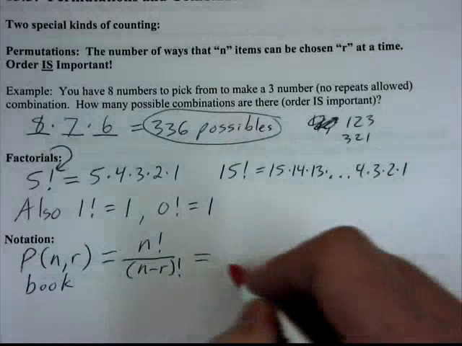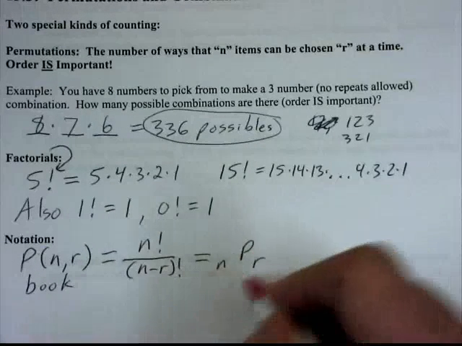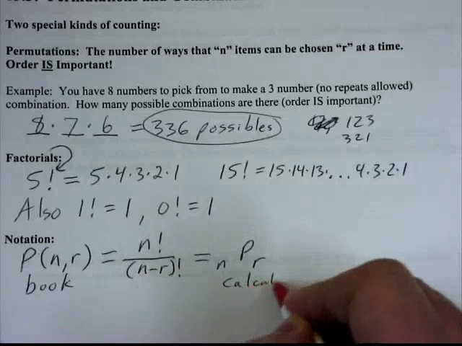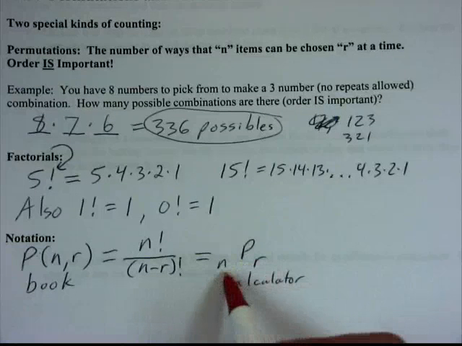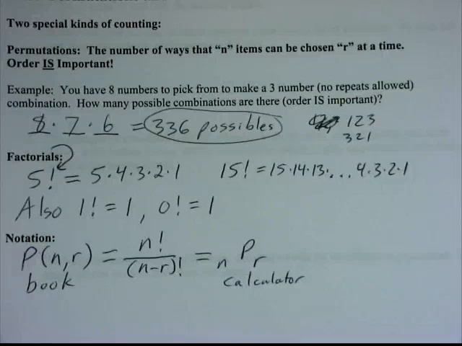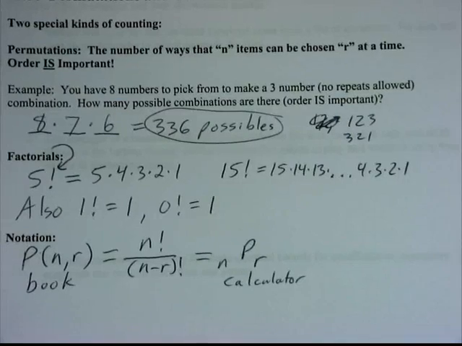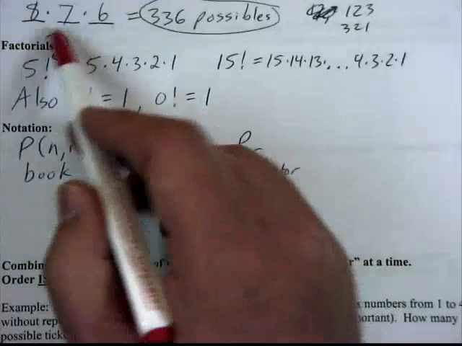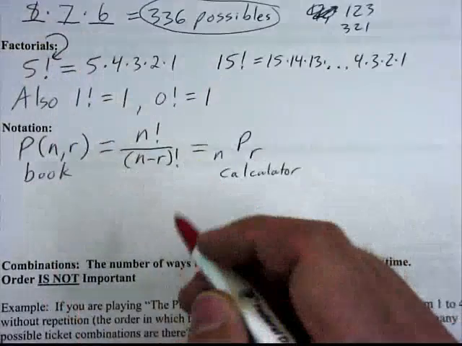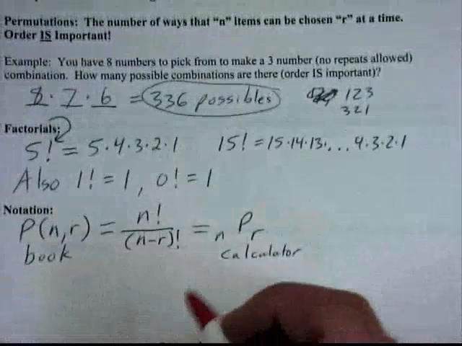However, if you do it on your calculator, this is the notation that the calculator uses. But they both mean the same thing. You're doing a permutation of n items and you're choosing r at a time. So if we look at that in terms of what we were doing up here, we had 8